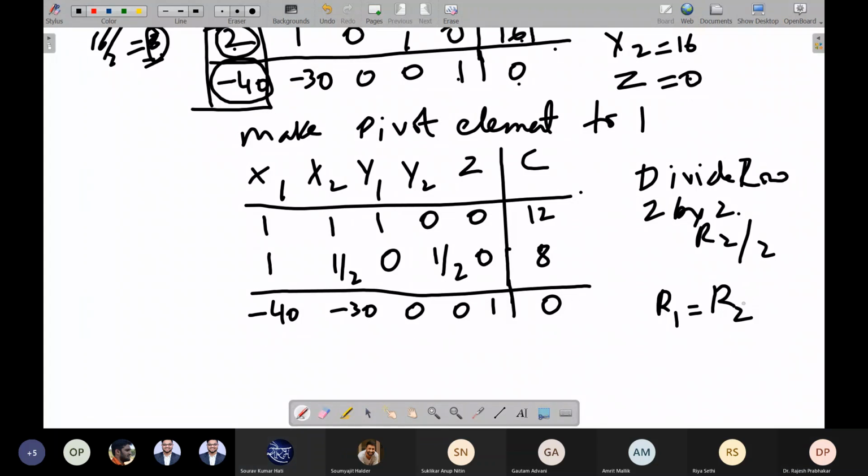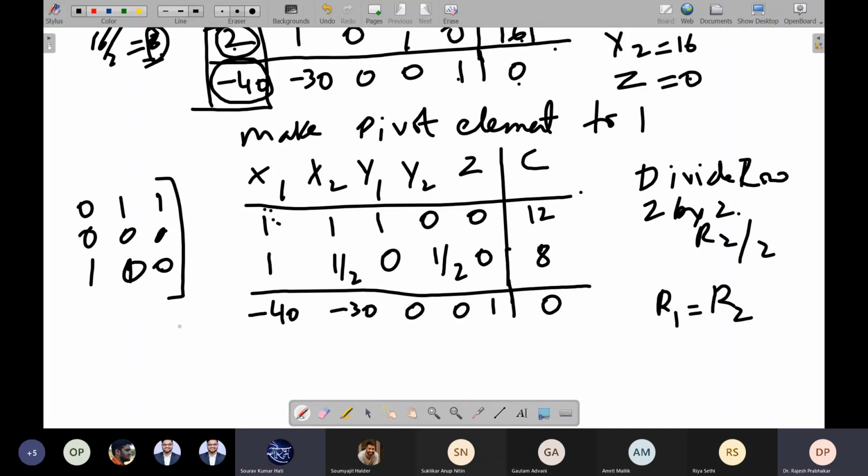Which element should be 0? This element should be 0. See, Gauss-Jordan elimination wants the values to be like this. Identity matrix, right?